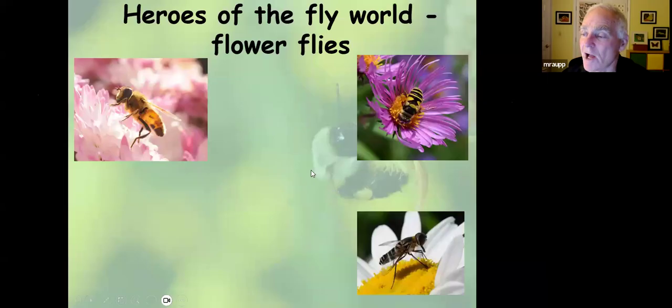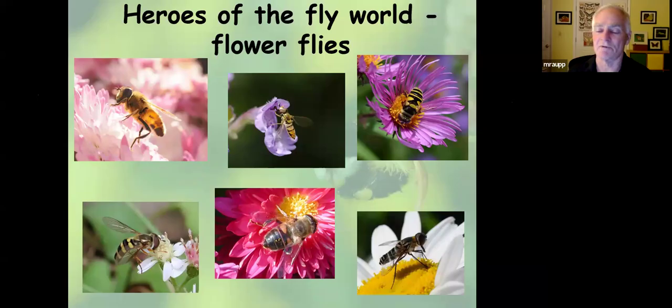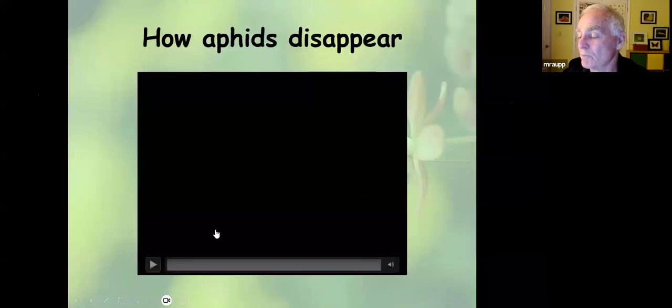The heroes of the fly world. These flies are called syrphid flies or hover flies. If you've ever worked in the garden and you see this little fly that can fly like a helicopter, it can go up, it can hover, it goes back and forth. These are called hover flies. Many of them, as you can see, are bee or yellow jacket mimics, right? I'm going to play you a little silent movie. I'll narrate as we go along.